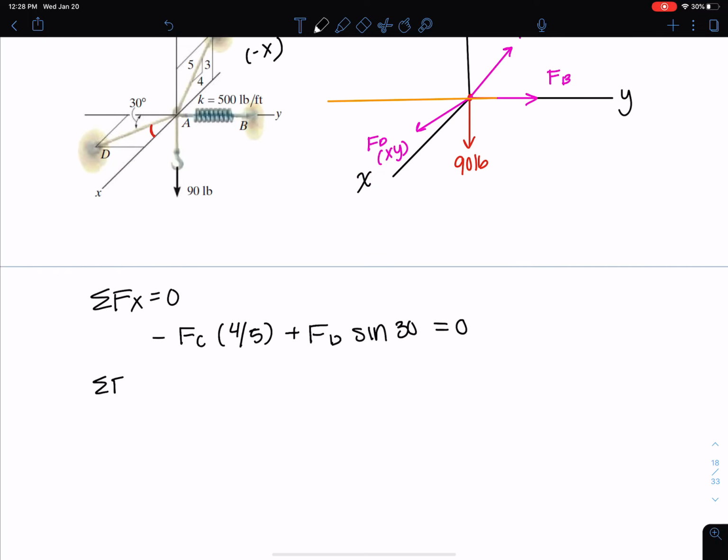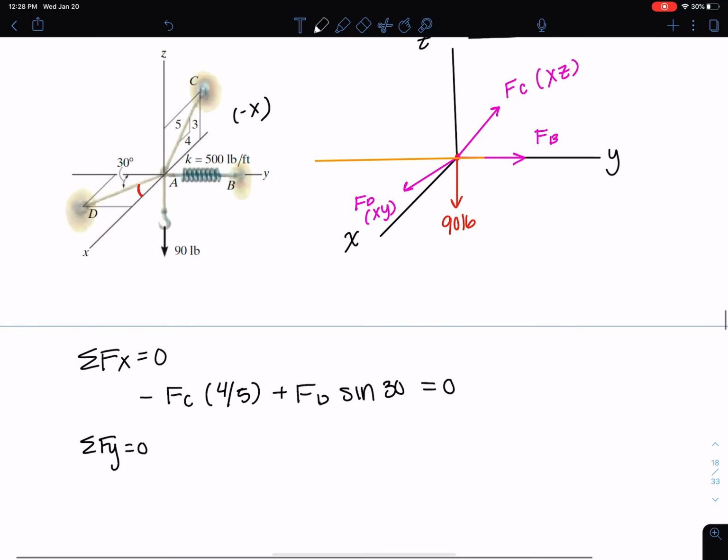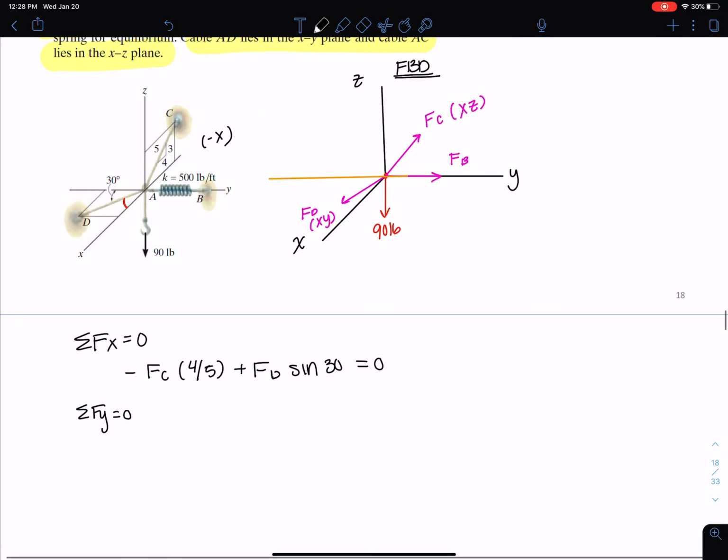Okay, let's sum in the y direction now, set that equal to 0. So in the y direction, I'm going to have to deal with, of course, this FB force that's purely in the y, and it's in the positive y. So I'm going to start with FB. Now, the other force I have is FD, right, because it acts in the xy plane. And I'm going to have minus FD because it acts in the negative y. And now I'm going to have cosine 30